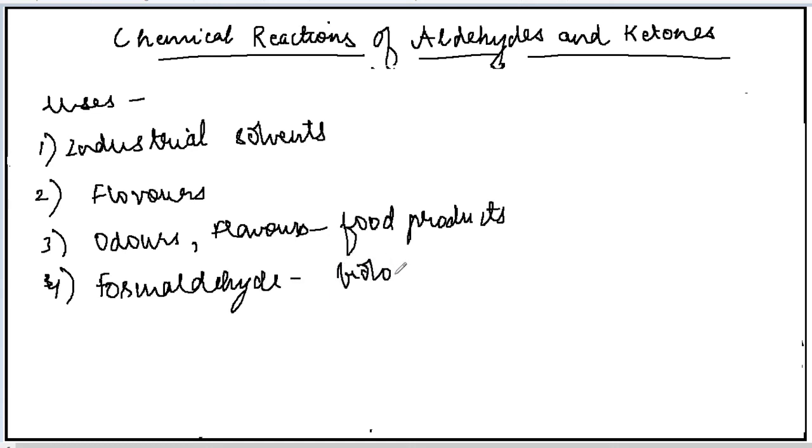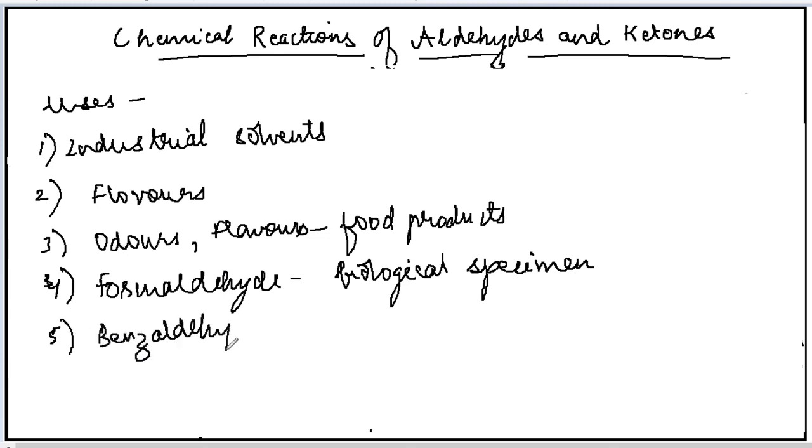One of the aldehydes, that is formaldehyde, the simplest aldehyde, is also used to preserve biological specimens. You might have seen in your biology lab that the specimens are kept in some liquid. That liquid is formaldehyde, in which these biological specimens are preserved. Benzaldehyde, the aromatic aldehyde, is used in the perfume industries. So all these are some of the uses of aldehydes and ketones. So here I finished the aldehyde and ketone portion. In the next video, I'll take the carboxylic acids. Okay. Thank you so much.